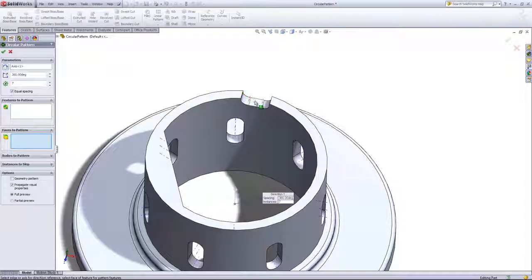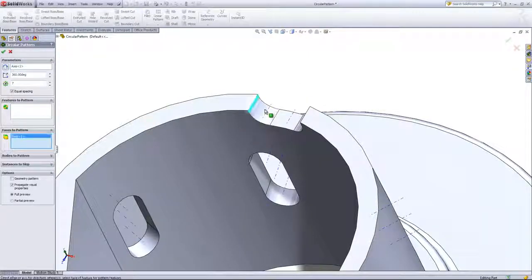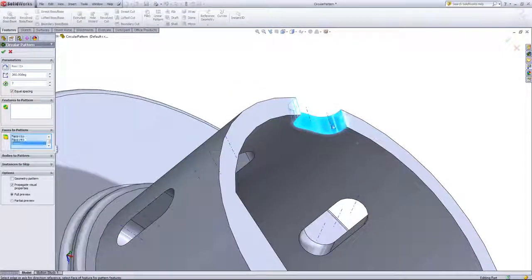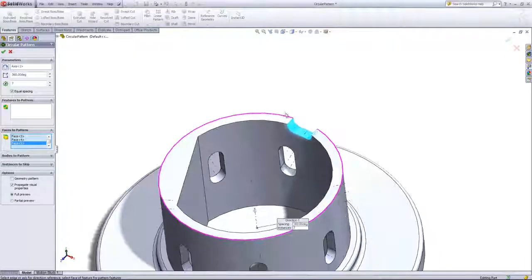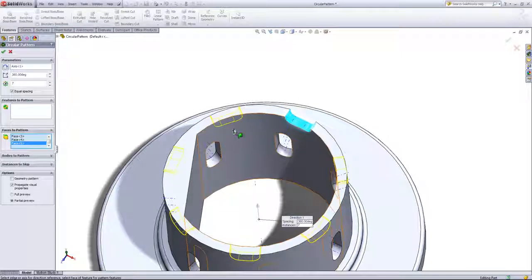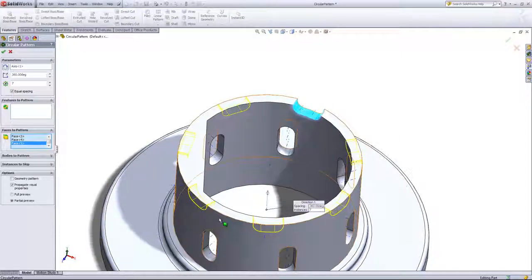For my faces to pattern, I'm going to choose these 5 faces. And if I switch to partial preview, you can see what it would look like if the feature didn't fail. But in this case, the geometry has to be the same along this border for this pattern to function. So if I turn off the equal spacing and go into the full preview, and I'll just choose 4 instances here, we can